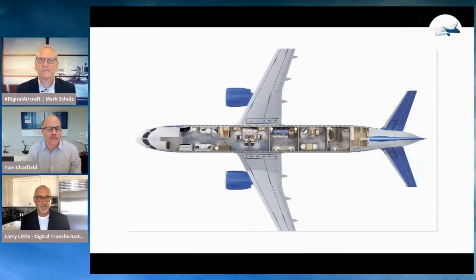So Tom, Mark, just a quick question as you went through that process. I guess a couple of questions. So they're all custom? There's not a standard, here's your standard thing and you can have these options, or is it pretty much they're all custom on the inside? Yes and no. If you go to Bombardier or Gulfstream, they have an excellent system where you basically